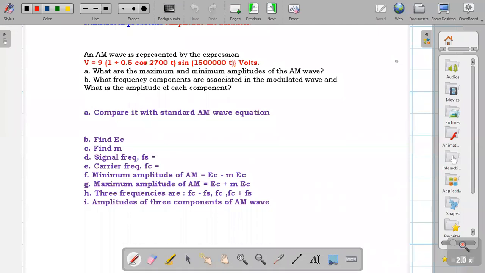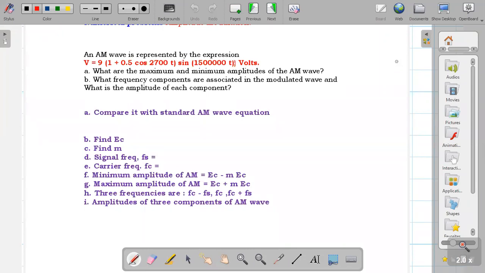The equation is V equal to 9 into 1 plus 0.5 cos of 2700 t into sine of 15 lakh t measured in volts, and the standard equation is, dear student, I will write here the standard equation, that is